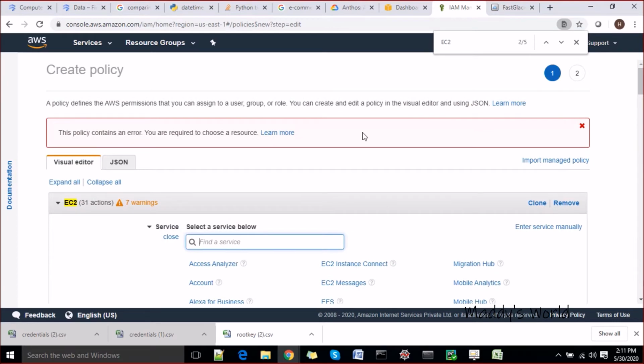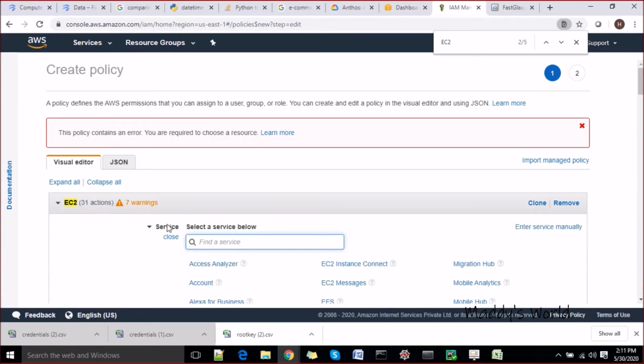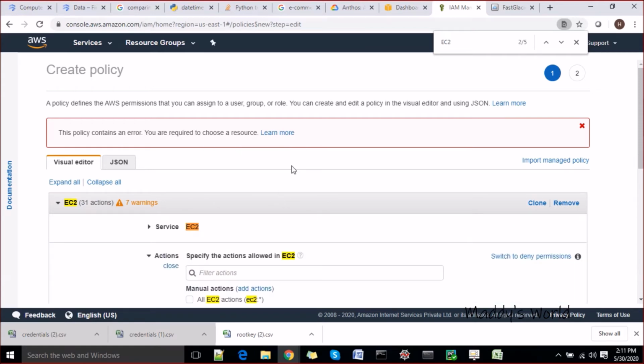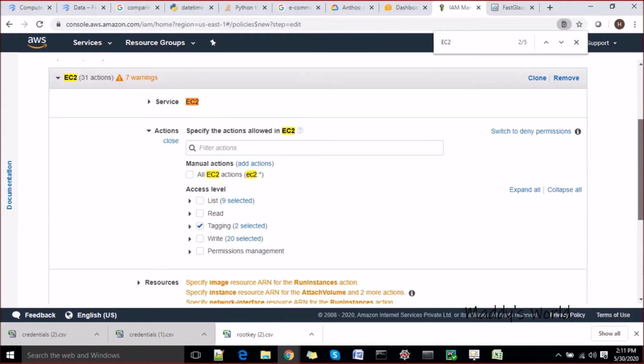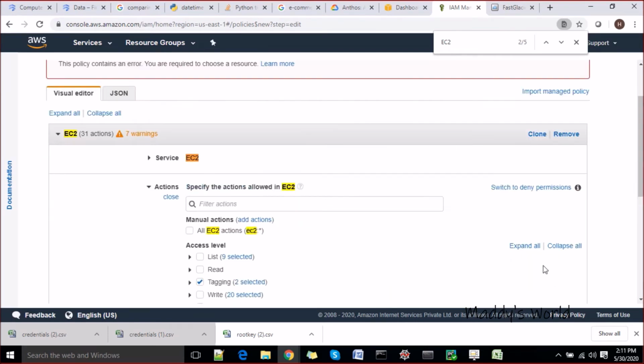This is saying the policy contains an error. You are required to choose a resource, right? But it's not giving me the option to choose a resource. Why? Okay. I already chose this one. So let's click on review once.